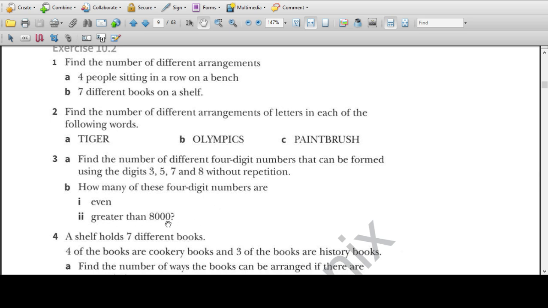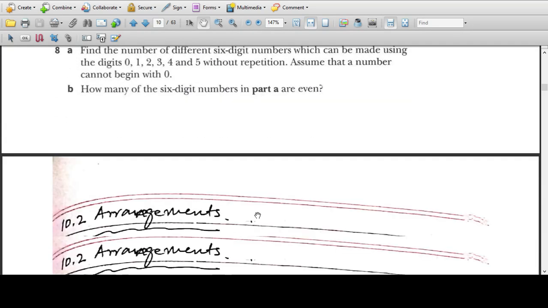For greater than 8000, this digit 7 must be at the first place, and all the other digits can be in the other places, any possibilities. So for part B,